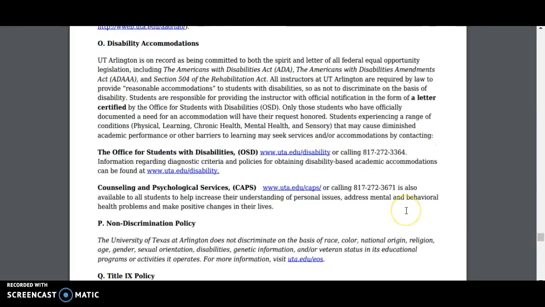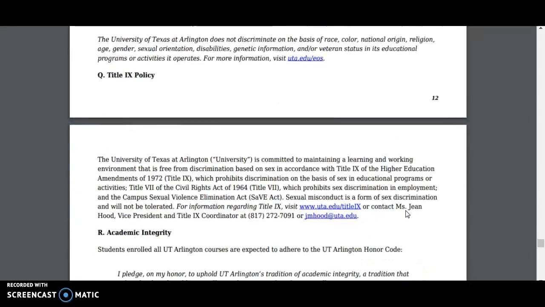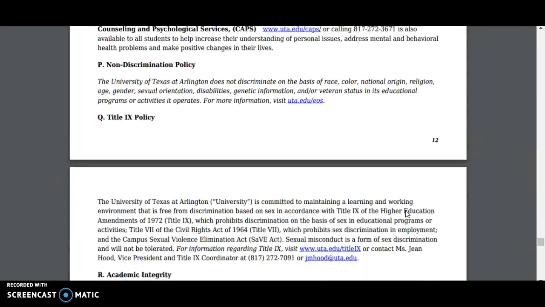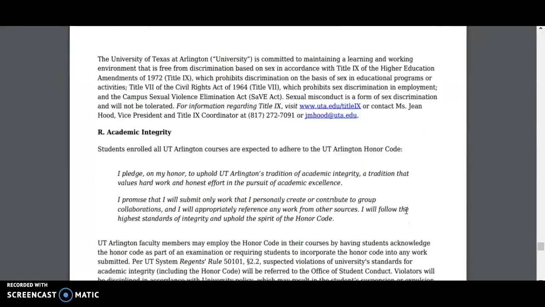Here's some more about disability accommodations. If you need accommodations, give me the letter. You can email me the letter if you need to, so that I can help you out. Typically, students who need accommodations do very well in the online class because of the pace of the course and that it is self-paced pretty much. The main thing is, though, you've got to complete your discussion boards by the end of each week, because those discussion boards do not reopen at the end of the week. So that's something you're going to want to keep up with, and it's really best to keep up with the week as it goes along.